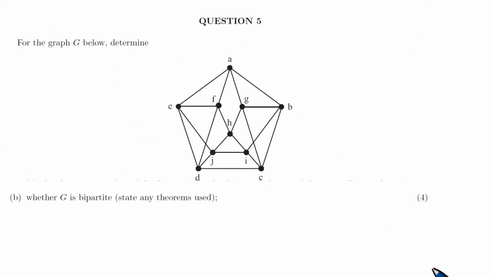Right, so in this question, we need to determine whether this graph G is bipartite or not. State any theorems used. Well, it is not. We'll give the reasons, please. It is not bipartite